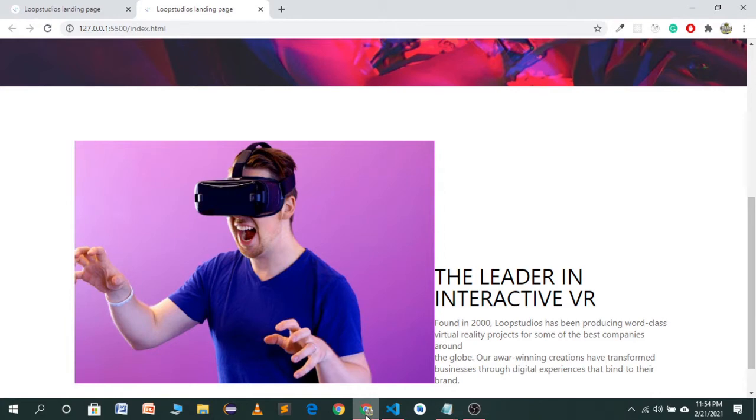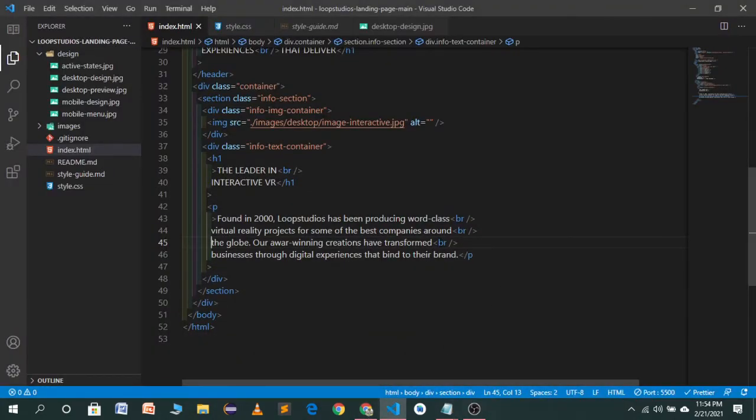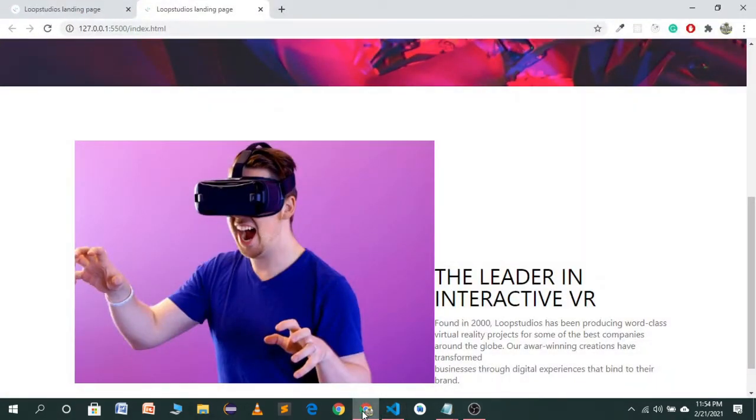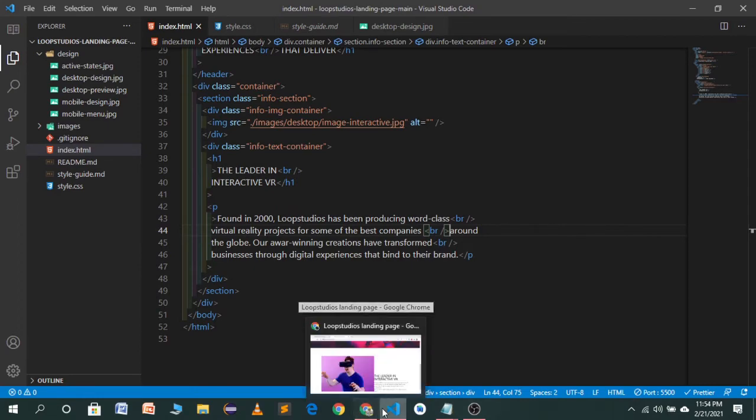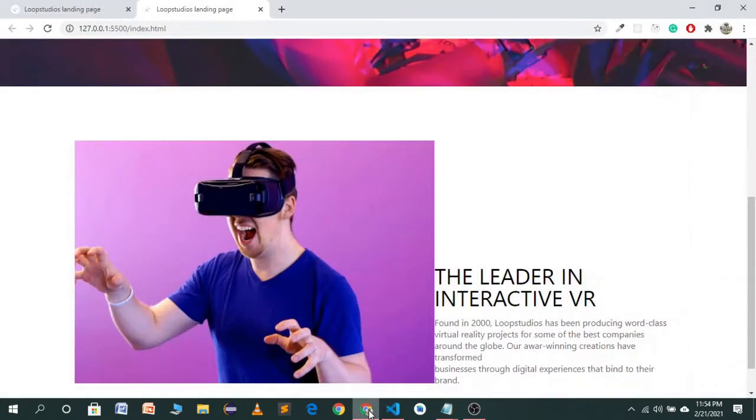So we want a line break after companies, I think. Let's remove the BR tag from here, and after companies use the BR tag, let's see how it will look. After transformed, we don't want a line break, so I don't think we want a line break.